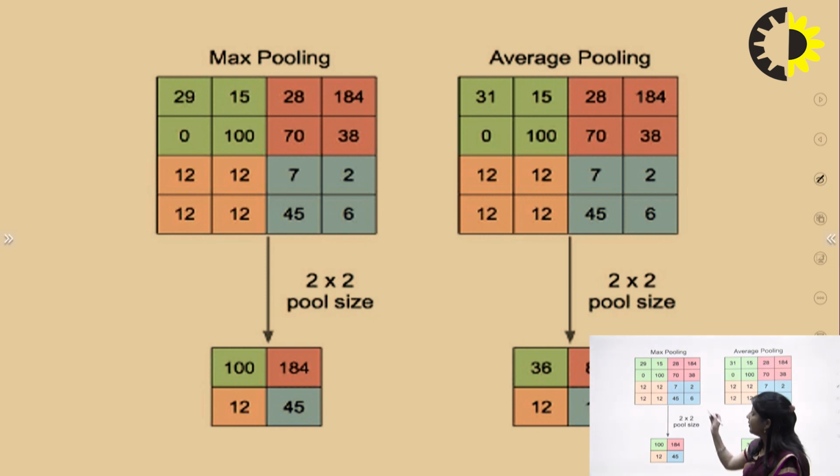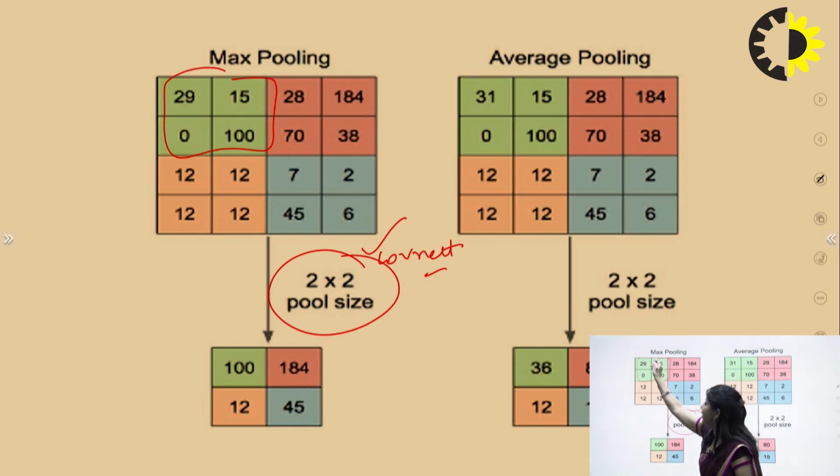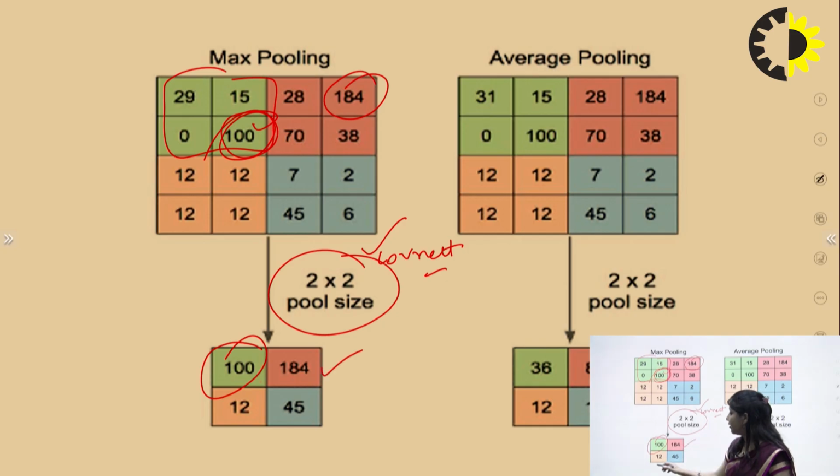So this is after convolution, these are the convolved features. Then we apply max pooling here. Firstly, we select the pool size 2 by 2, and then for max pooling we find the maximum element. The maximum element here is 100, here it is 184, here all are equal, 12, and